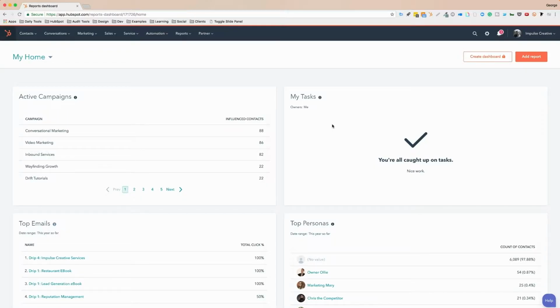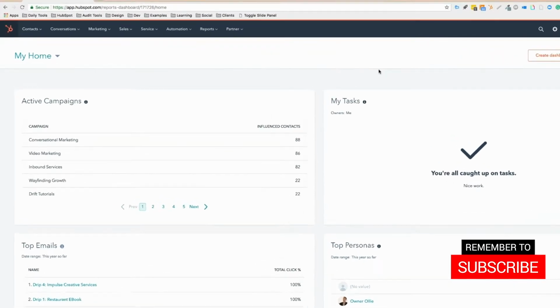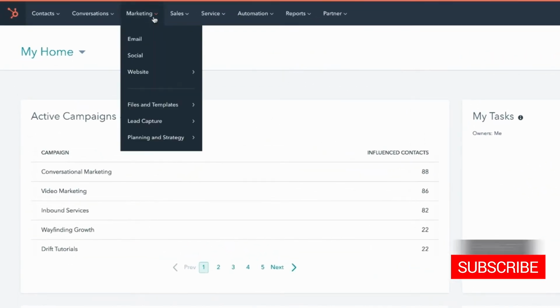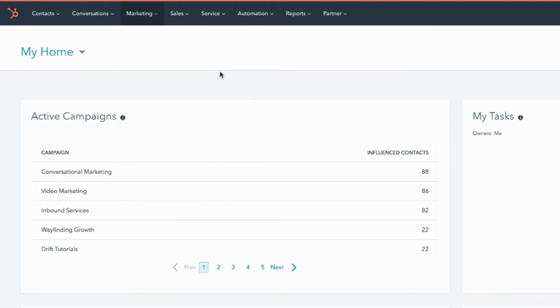Alright, as you can see, we are back in a HubSpot portal, and today we're going to talk about dependent form fields, meaning asking a second question based on the answer of the first question. And oh my gosh, how awesome that gets for the data, the information that you can collect for your sales and marketing teams. To do that, I'm going to head over to marketing, then lead capture, and I'm going to click on